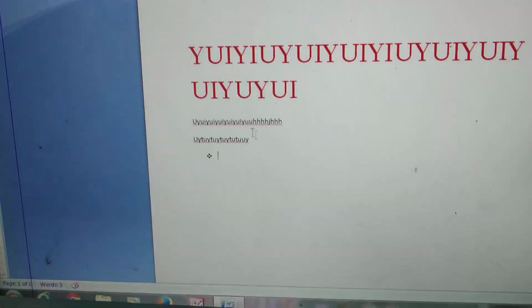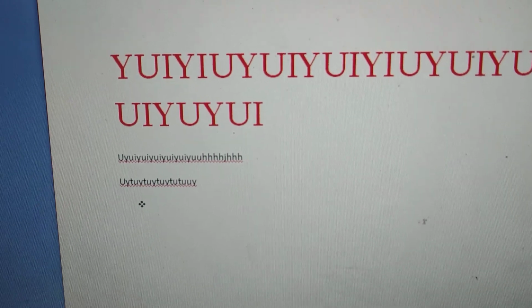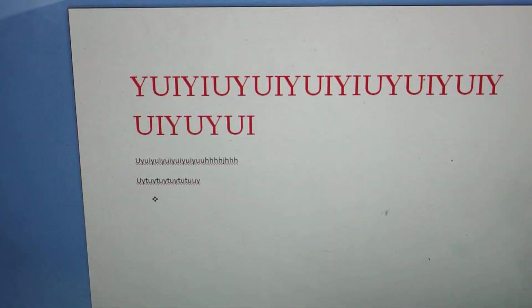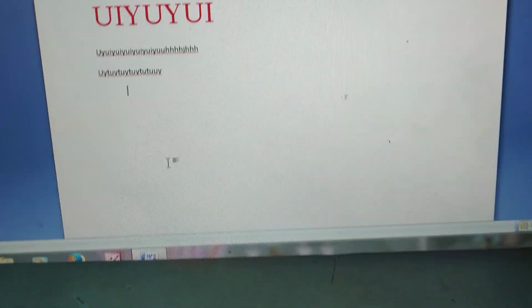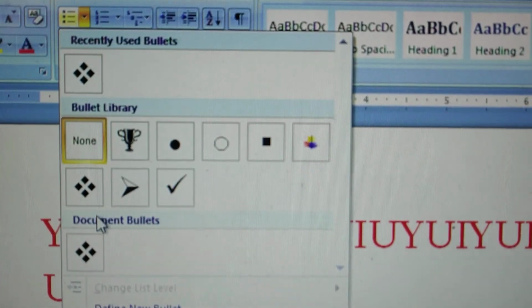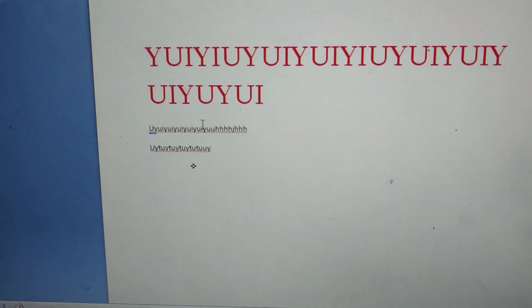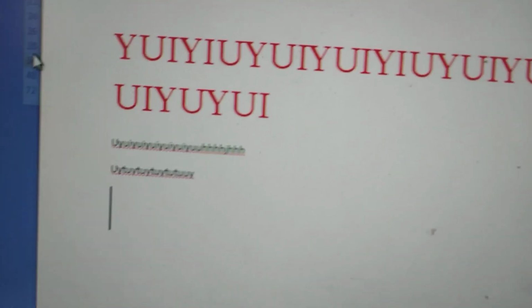See here, I will increase the font size so you can see. Now see, go to the bullet and whichever you want you can type. See the big bullet.